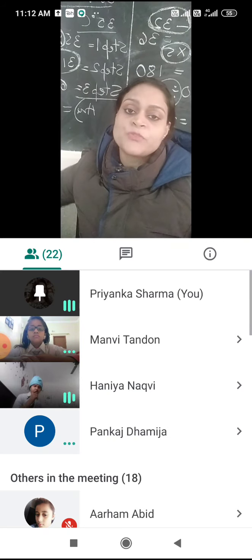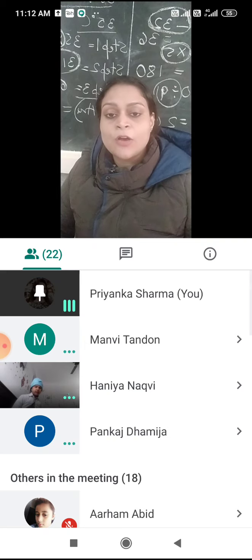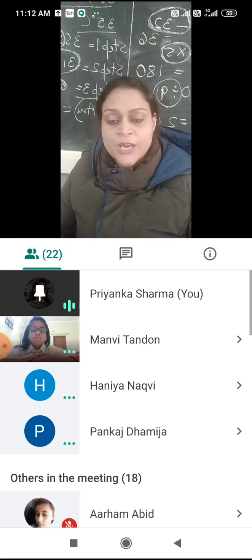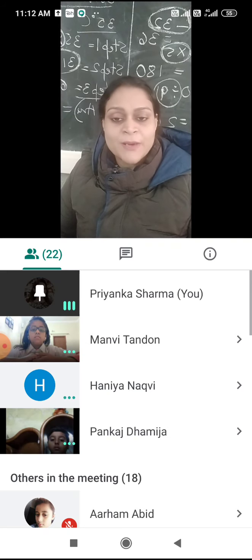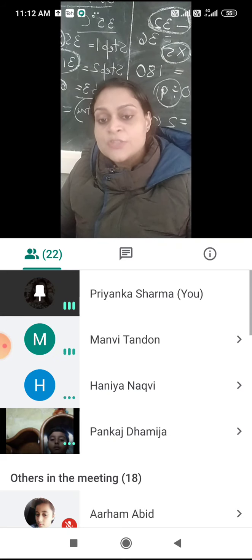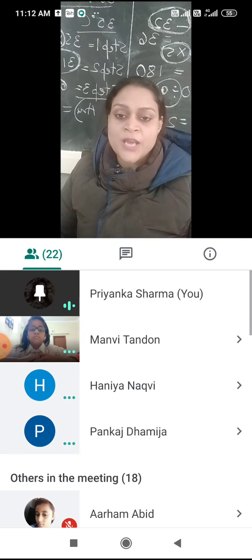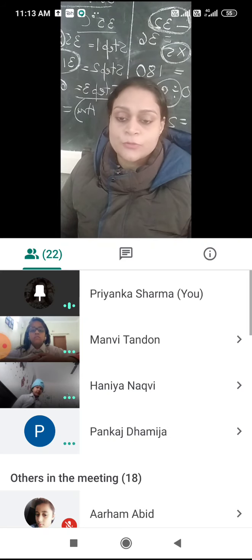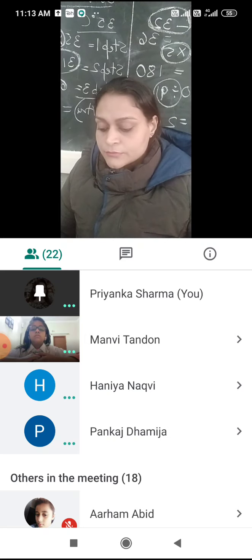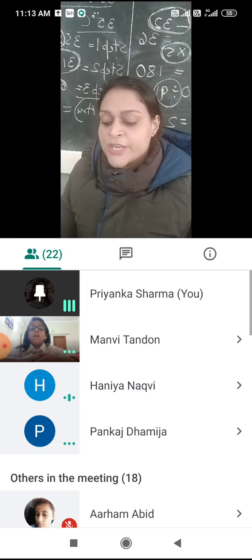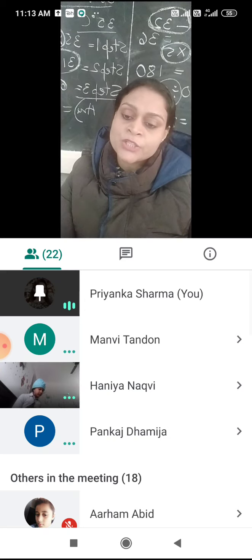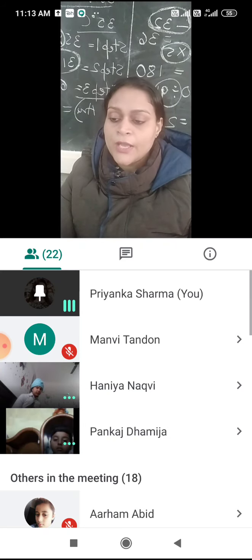So opaque objects form shadows because they do not allow light to pass. And sometimes a few translucent objects also form shadows because not all the light passes through, only a little light passes. But transparent objects never form shadows because light passes through them very easily and we are able to see the other side of the object also. Translucent objects block some amount of light, as a result, they also form shadows. However, transparent objects do not form shadows as they allow light to pass through them.